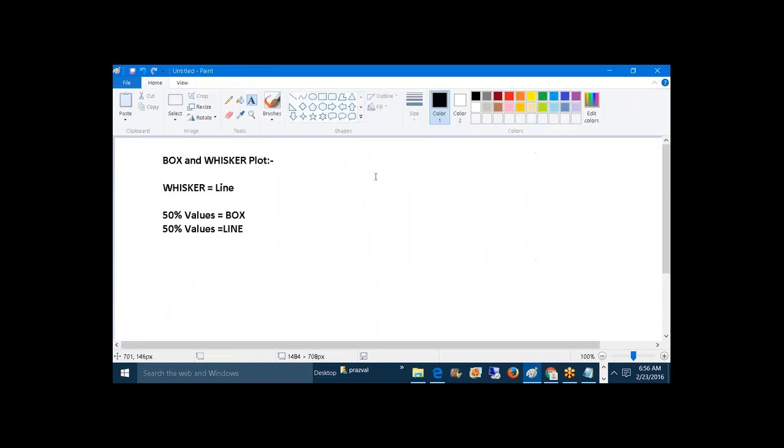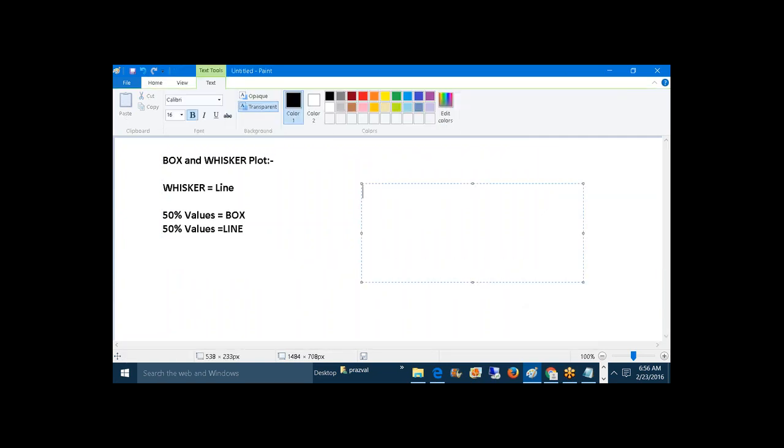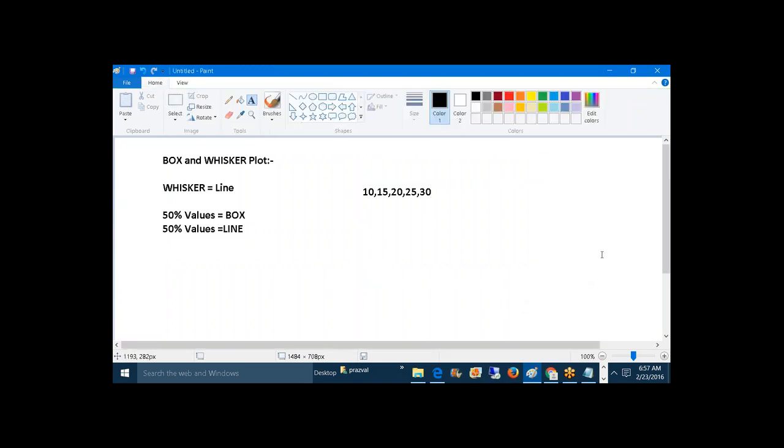Let me take some sample values. I'm taking some numbers: 10, 15, 20, 25 and 30. So how are we able to build this box and whisker plot? In the box and whisker plot,